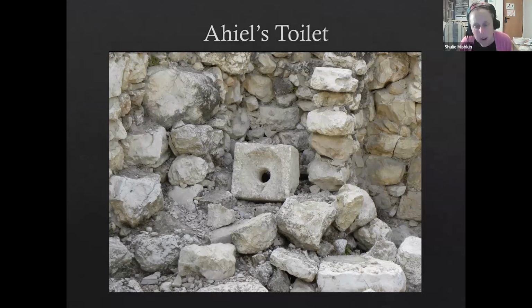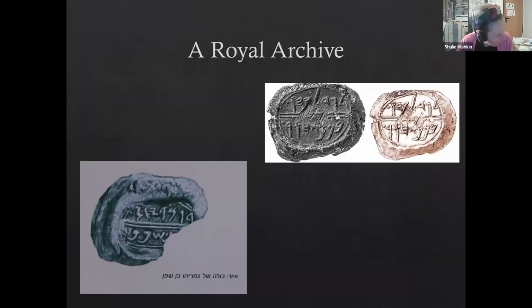Jeremiah talks about how you come to the temple and you think everything's going to be okay, but meanwhile, you do whatever you like, including idolatry, including murder, including theft, and you think it's all going to be okay. It's not going to all be okay. So that's Achiel's house. The other thing that was found here that was very, very exciting was a cache of